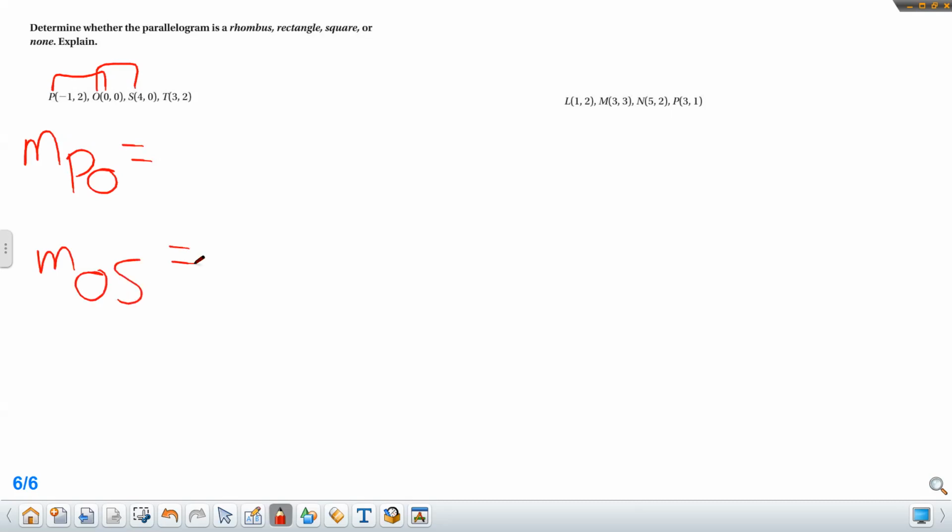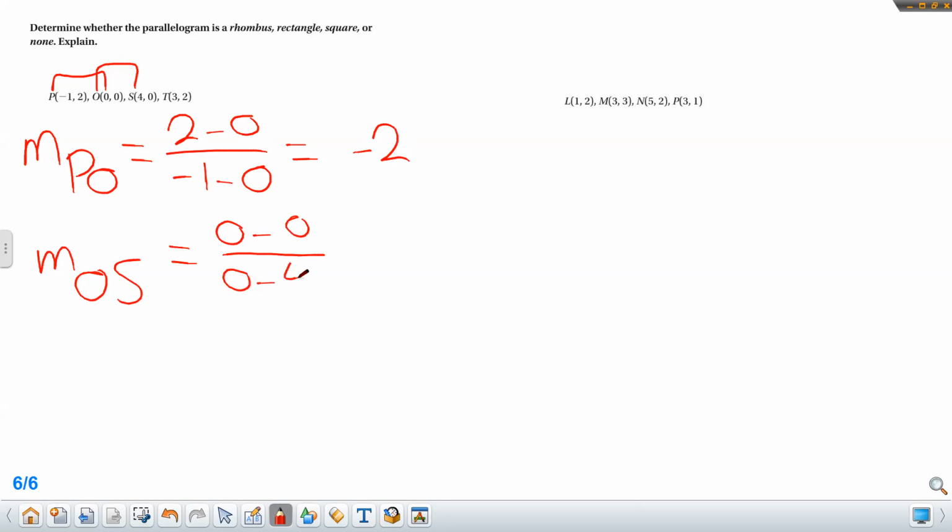Find the slope of PO first, then the slope of OS. If the product of the slopes is -1, this figure will be a square or rectangle. But if the product of the slopes is not equal to -1, the sides are not perpendicular, so the figure is impossible to be a rectangle or square, so maybe a rhombus. Let's go to the slope of PO. It is 2 minus 0 over -1 minus 0. It will be -2. The slope of OS is 0 minus 0 over 0 minus 4. It will be